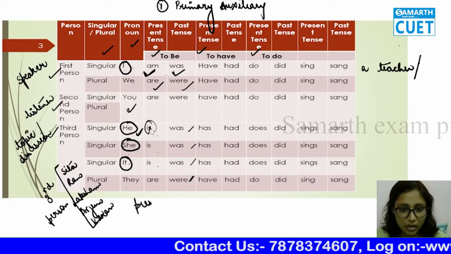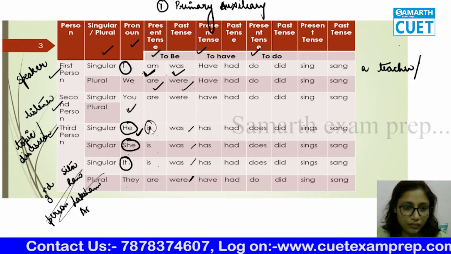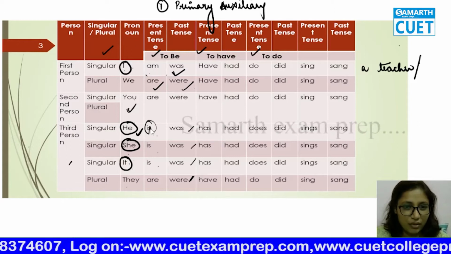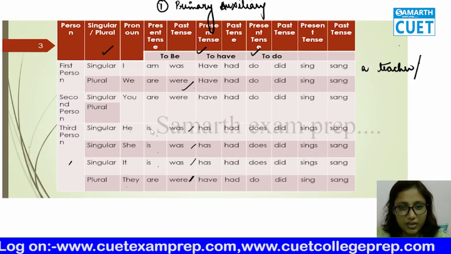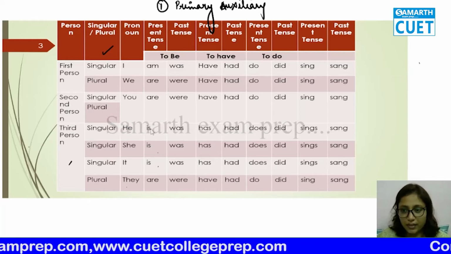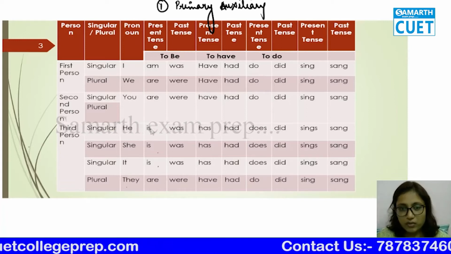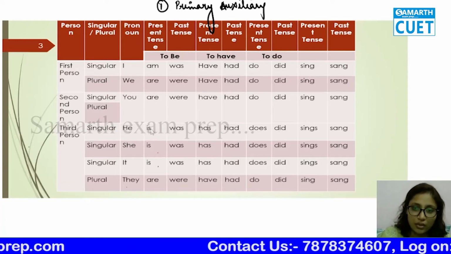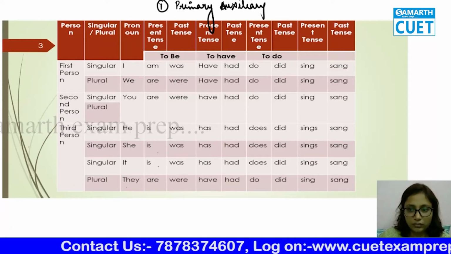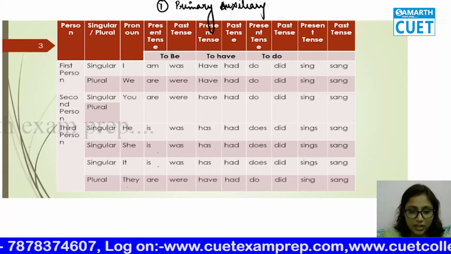I'll rub it off for you and we'll discuss it properly. Okay, we'll just clear this off because with this cluttered way of teaching, even as a student you won't understand, you won't be able to focus on one thing. So now let's go through things again. Okay, now let's go back to what I was discussing.